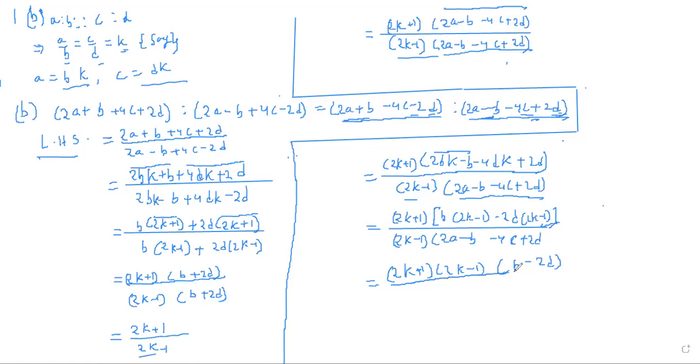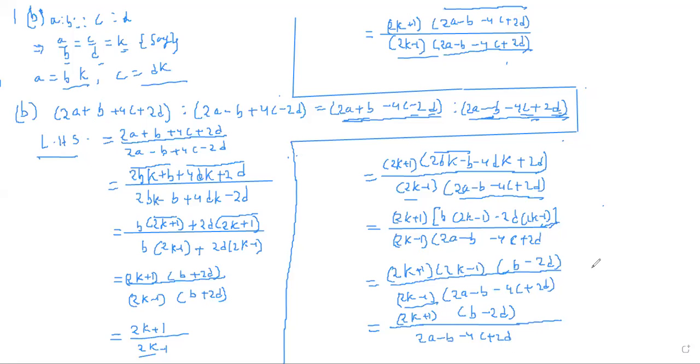Over the denominator, there is also a term 2k minus 1 into 2a minus b minus 4c plus 2d. This time this 2k minus 1 and 2k minus 1 will be cancelled out. So we get 2k plus 1 into b minus 2d over, this 2k minus 1 cancelled out from the denominator, so 2a minus b minus 4c plus 2d, which is the denominator of our proving. And then